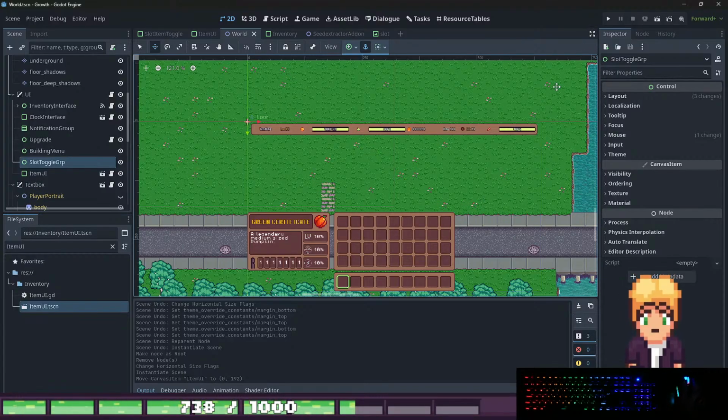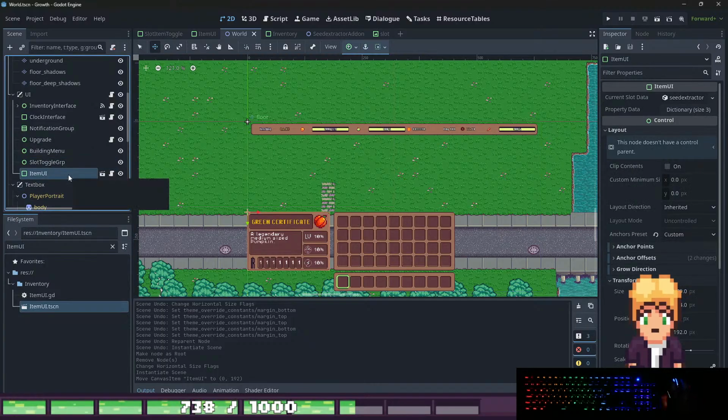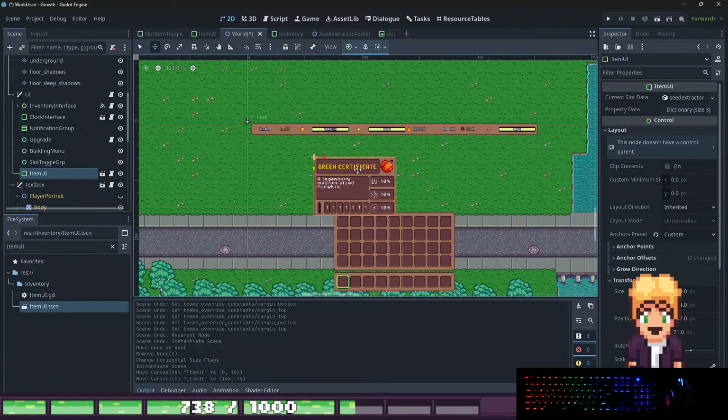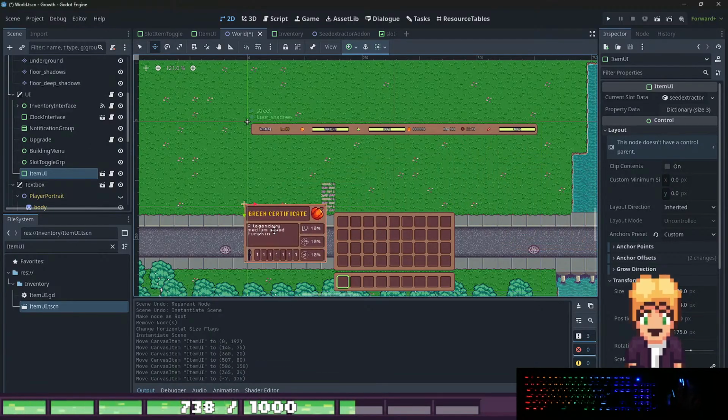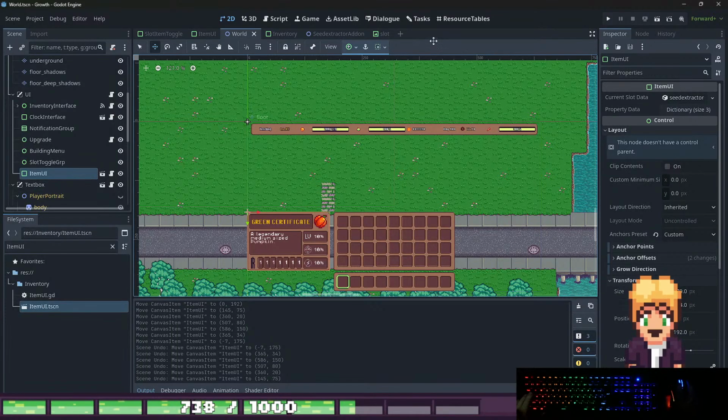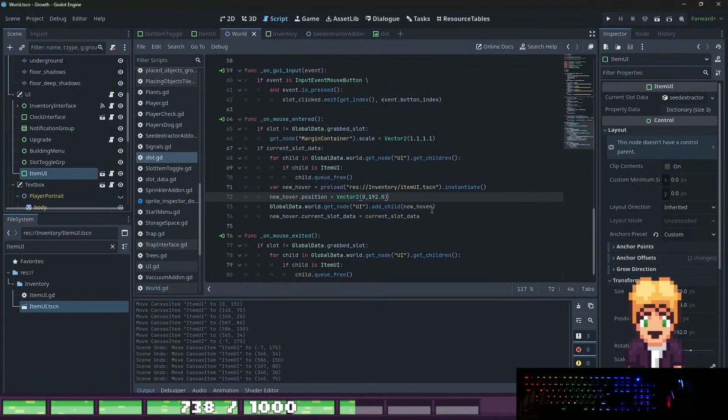But when I set this one outside of a container, the position will act like a control node, and I can add this position wherever I want. The only problem is this one: when I put this on this position, whenever I instantiate it,